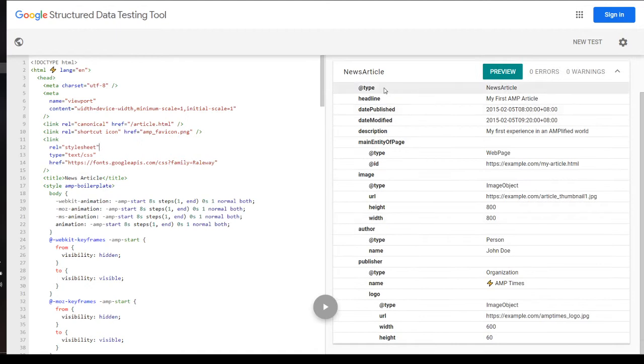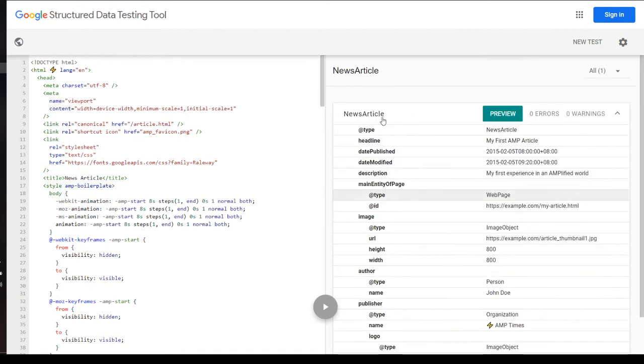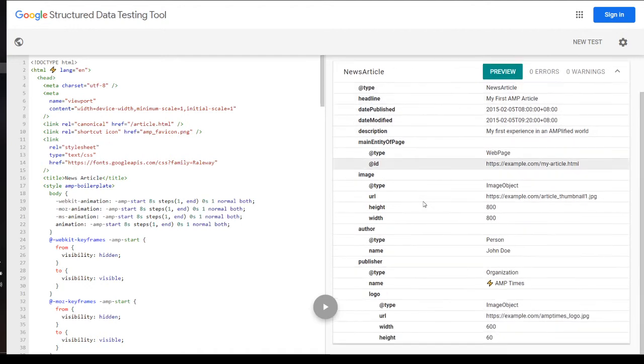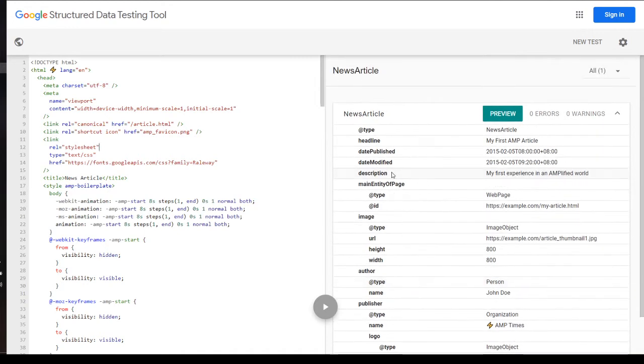Seems like my schema is correct. And this is basically how the search engine takes those details from the URL. These are the things you should be mentioning, and you can get more information about schema in a number of articles on the internet or on the schema.org website. And there is one more tool if you want to see how it looks in Google search if somebody is searching for my article and all these details are filled correctly. How will this preview in